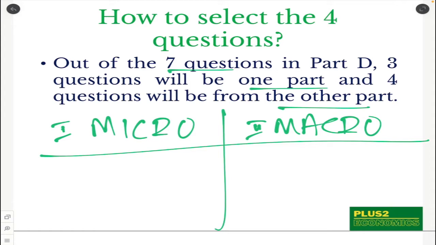There are 2 model question papers which are already released by the board, and the video's link about the model question papers is also put in the description. Please click on the link and try to know more about the model question papers.